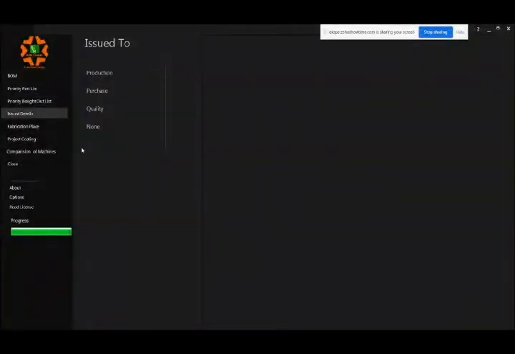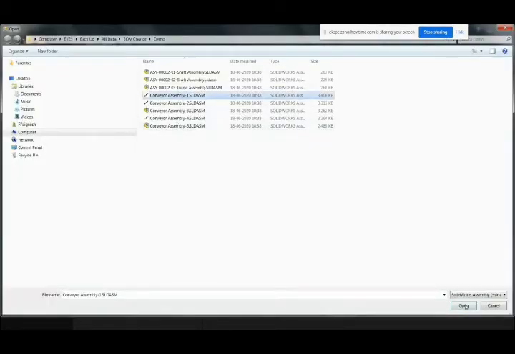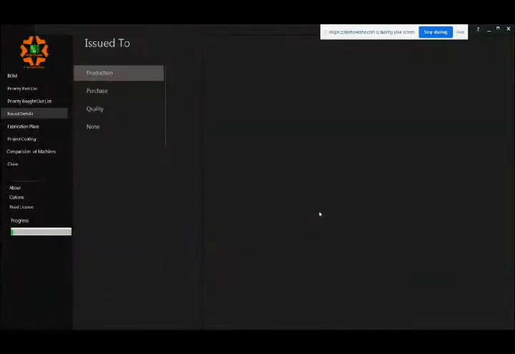Moving further, there's something called issue details. Basically, this is something for drawing release details. As we discussed during the presentation, we normally release drawings to different departments, and department people come back to us. They say we haven't received the drawing, we don't have it. To whom did you give the drawing? When did you give the drawing? So all that information. Now with a click, you can create a list which will have the details of which department you have released the drawing to, to whom you released the drawing, how many times you have released the drawing, and what was the last date. This will help you keep a complete track of all the drawing releases done from the design department.